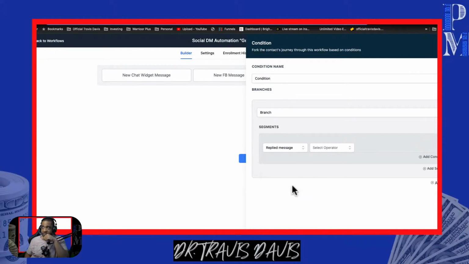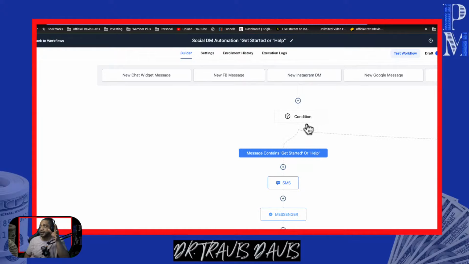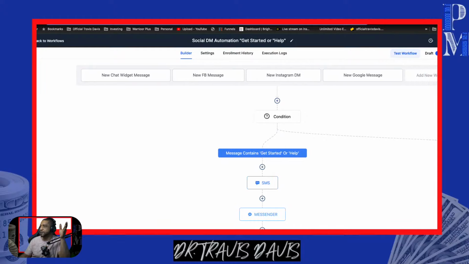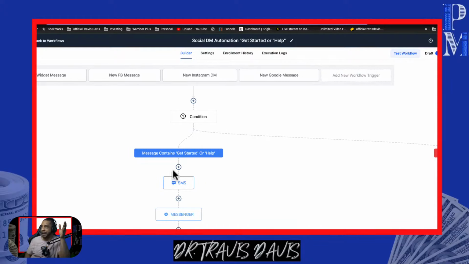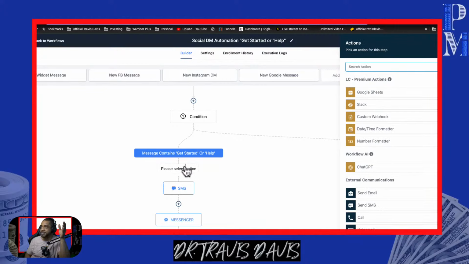And what did they do? They replied to a message. I said the message is, you could do is, not, contains, does not contain, is not empty, whatever. The message is, and that's where I put my word in. And just like that, it created the condition of get started or help. And if it's not one of those conditions, move over to the next. And then after I did that, I just came down here and said, hey, well, the next thing I want to do is send a message.